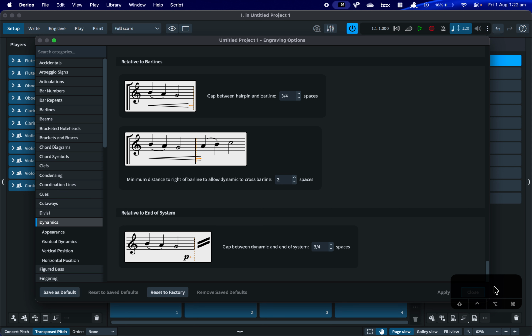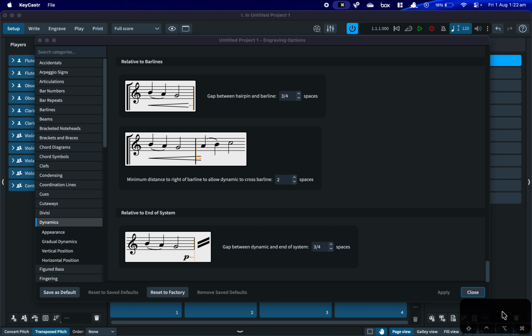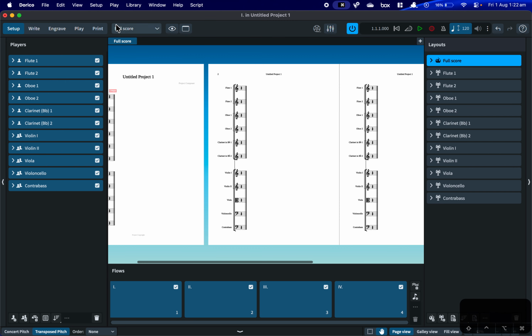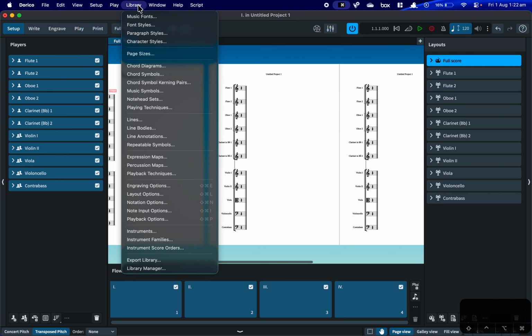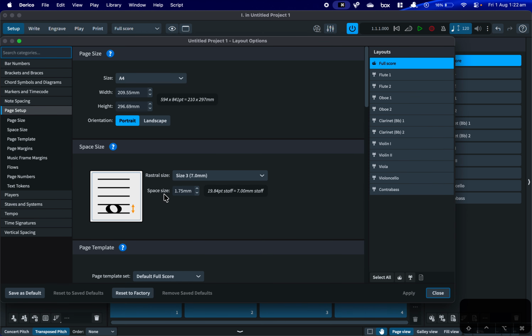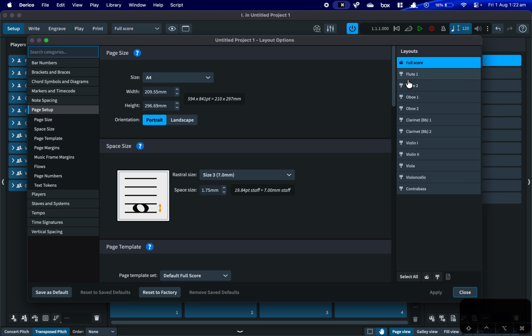Okay, so let's close out of these. Sorry, I can't see the close button. Go back to library. The next one is layout options. Now this is probably the one you want to do first, right? If you go in here, you can see each layout and you can change its options. So for example, my full score, I probably want that on A3 paper, but I'm happy for the size to be down at 6mm or raster size 5,